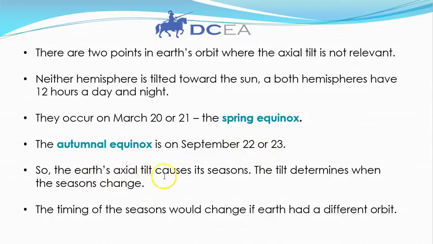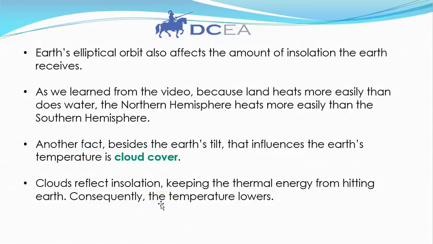So the Earth's axial tilt causes its seasons. The tilt determines when the seasons change. The timings of the seasons would change if Earth had a different orbit. Earth's elliptical orbit also affects the amount of insolation the Earth receives. As we learned from the video,